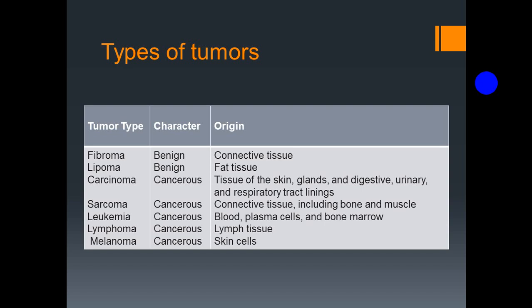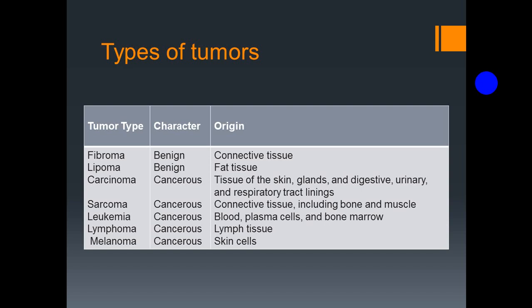with high incidence. We can see it in the tissue of skin, glands, and the digestive, urinary, and respiratory tract linings. So it's the most widespread one. Sarcoma is a connective tissue tumor: in its benign form it is a fibroma, while in its cancerous form it is sarcoma, affecting connective tissue including bone and muscles. Leukemia,